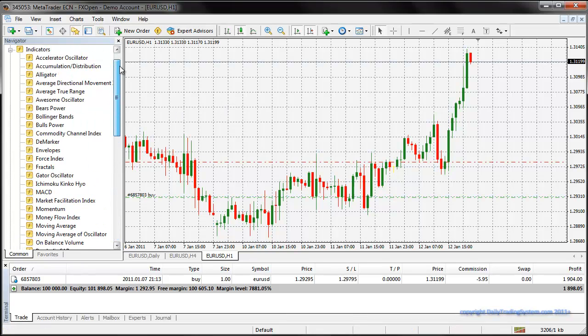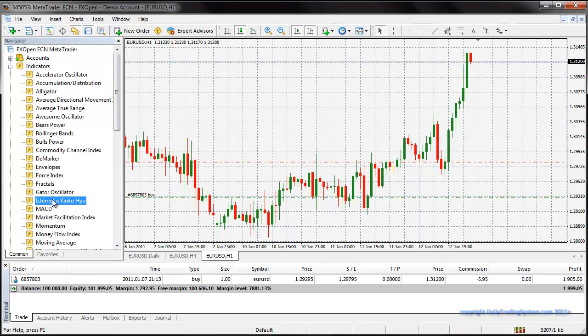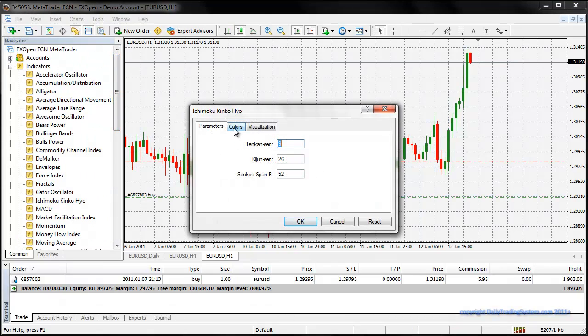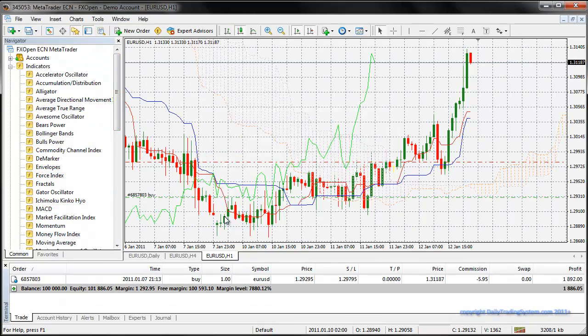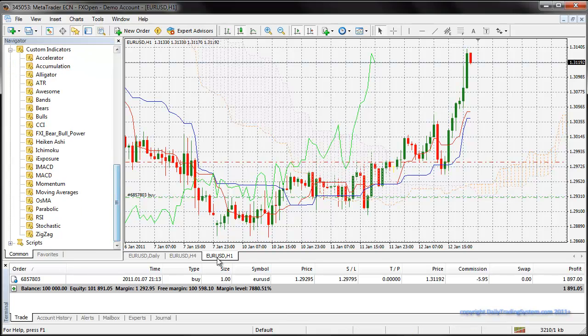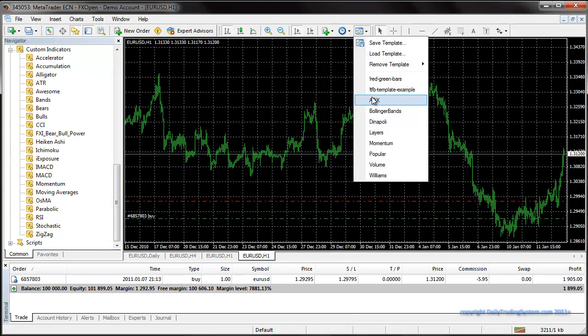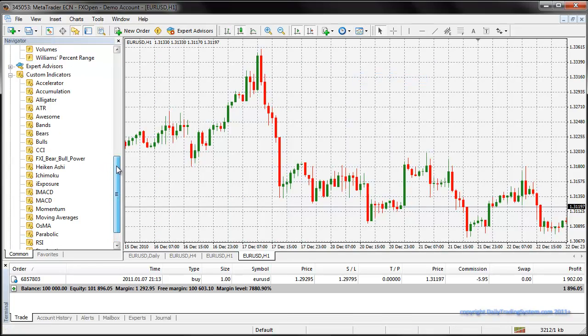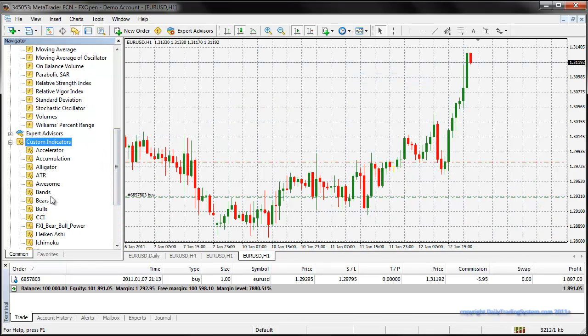Okay, so let's take the first one from the main indicators list, and that's what it looks like. Now, if you're colorblind, I do apologize if this screen looks really bad, but don't worry about it. I'm going to adjust the colors in one little moment. That's what it looks like for the normal indicator from the indicators list, but from the customs one,